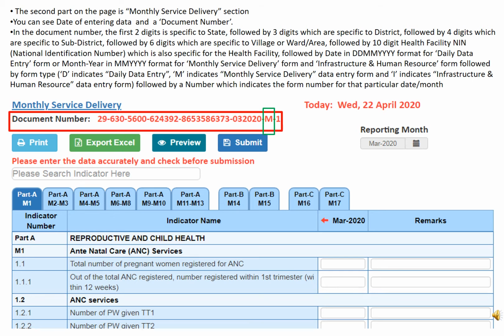Here D indicates daily data entry, M indicates monthly service delivery data entry form, and I indicates infrastructure and human resource data entry form. Here you can see M because it's monthly service delivery form, followed by a number which indicates the form number of that particular date or month.